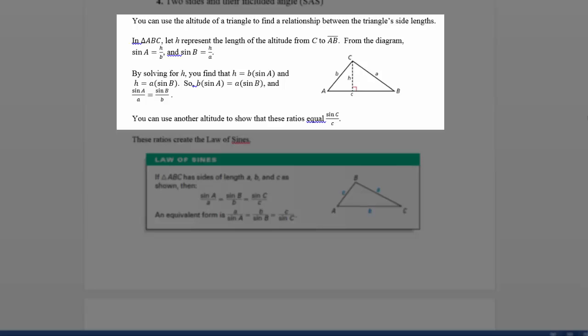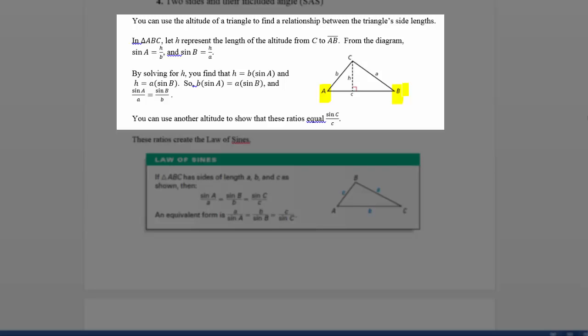Interestingly enough, we can actually represent that height measurement as a sine of angle A. We can also represent that height measurement as a sine of angle B. And in doing so, you create two equivalent trig statements